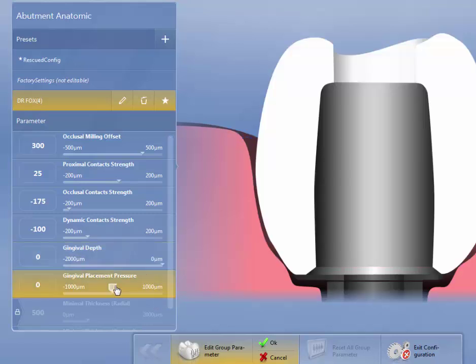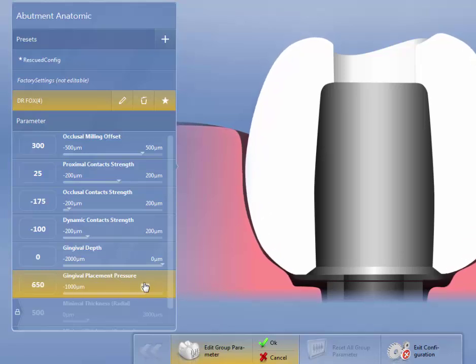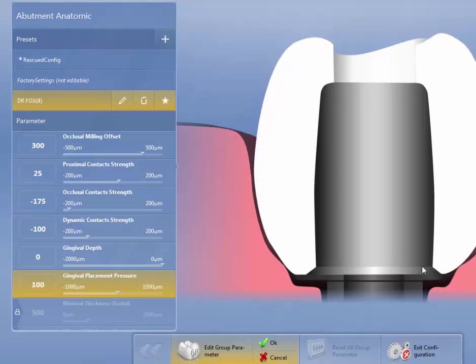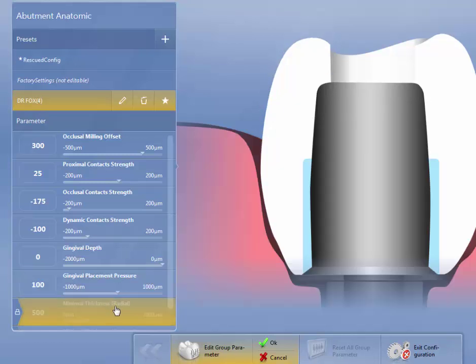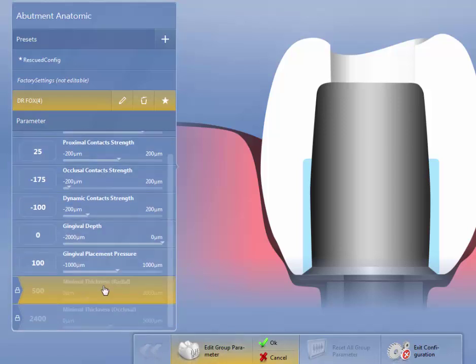Gingival placement pressure, how much pressure do we want on gingival tissues? And I personally put in 100, and this just helps prevent food from getting trapped. Minimal thickness for radial and minimal thickness occlusal. You can see it's got a lock, so I'm going to unlock this to override it. Minimal thickness radial,